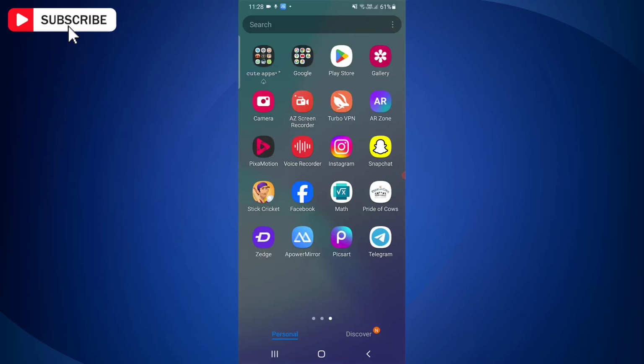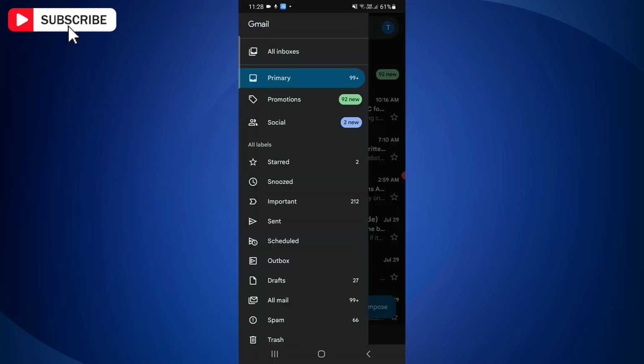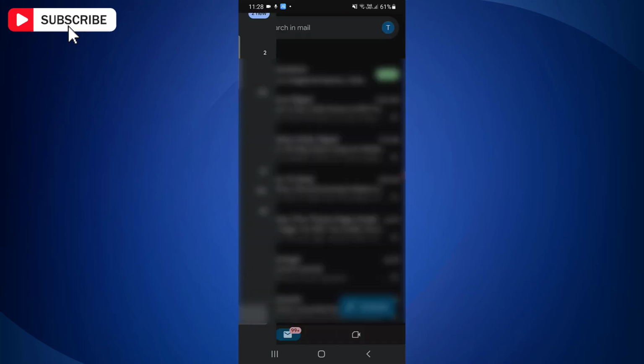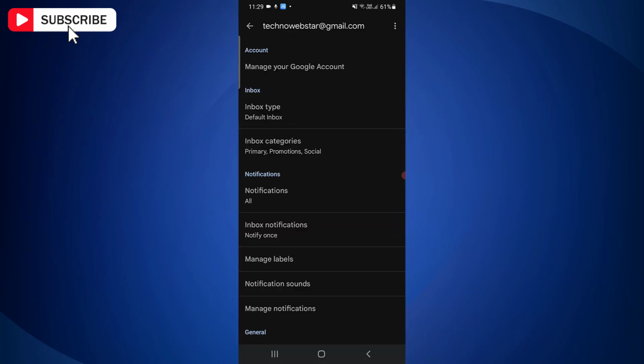First, on your Android phone or tablet, open the Gmail app. Now in the top left side, tap the horizontal three lines, which is for menu. Now scroll all the way down and tap settings. Now choose your account where you wish to create a vacation reply. Now scroll down